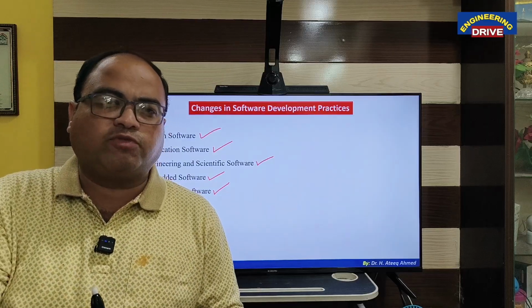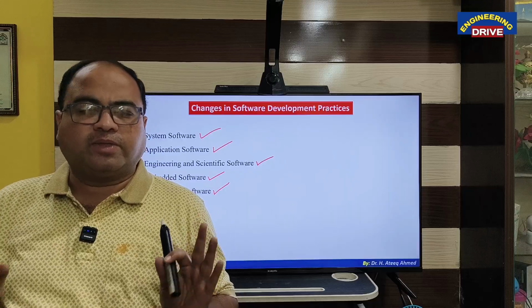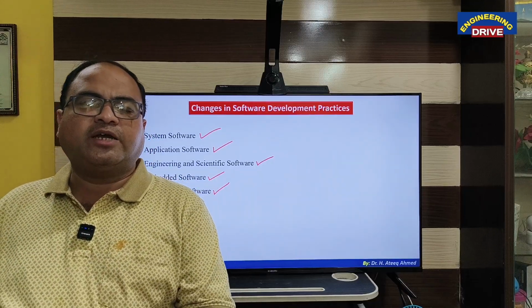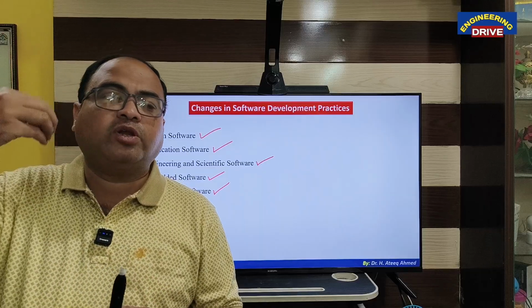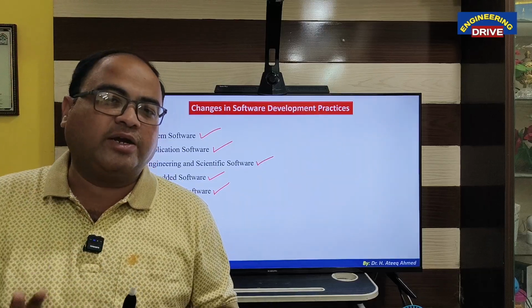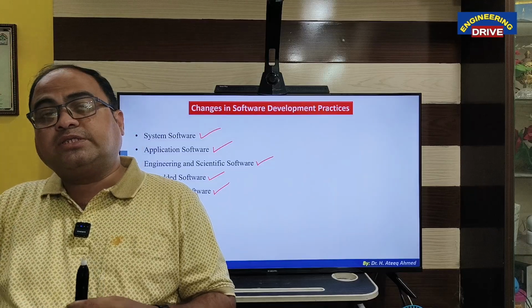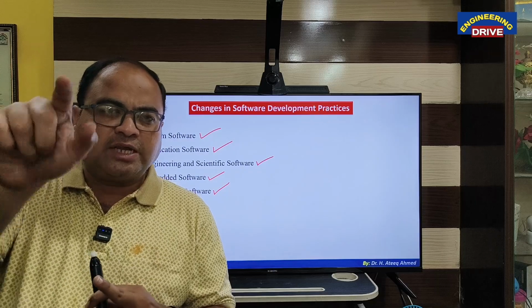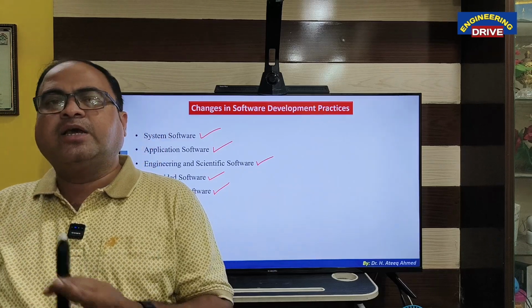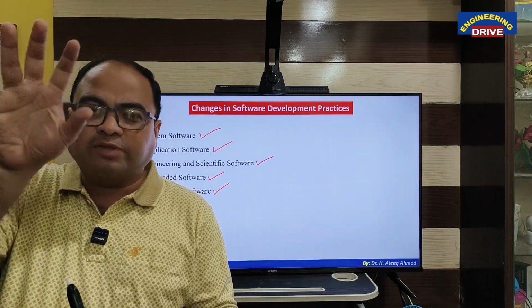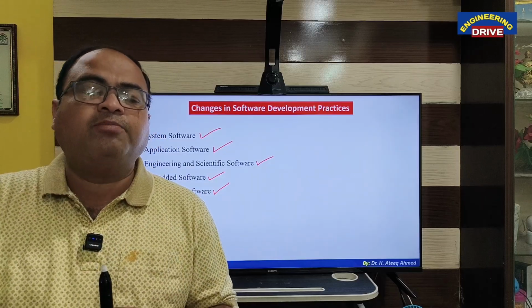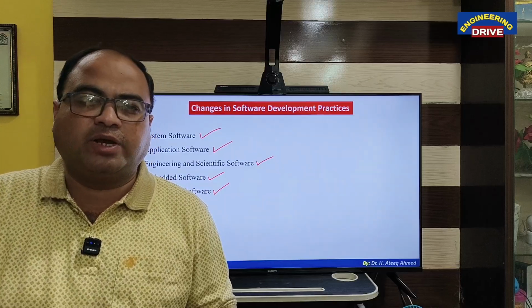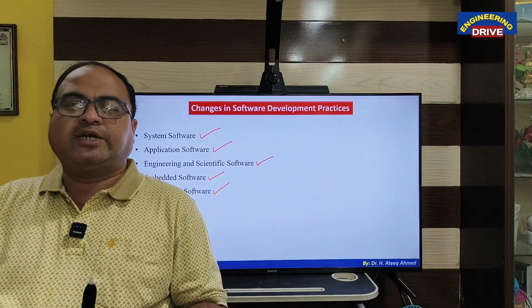Without the driver software, the printer will not work. Yes, the printer is hardware. The computer has an operating system, but even so the operating system will not be able to communicate with the printer. What is the reason? We need to install the application software related to the printer first. Once we install the application software of the printer, the operating system can communicate with that application software and make the printer work. We call those types of software drivers in simple language. So, drivers related to printers.